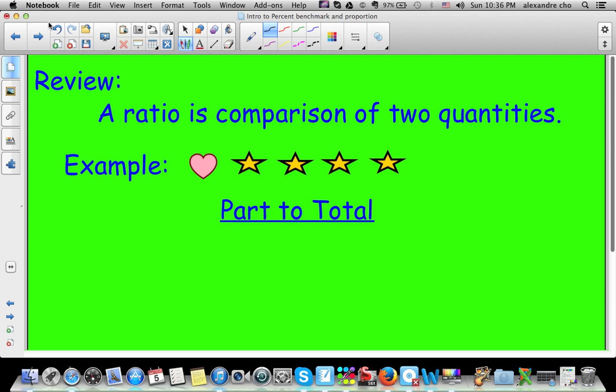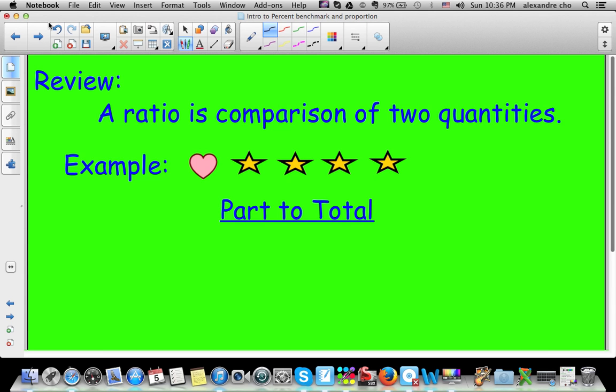We're going to talk about ratios, which is what a percent is, okay? And I just want to review because it's been a while. So a ratio is a comparison of two quantities. A ratio is something that happens over and over and over. It's a pattern, okay? So in this case, by the way, copy the whole thing, even the little heart and